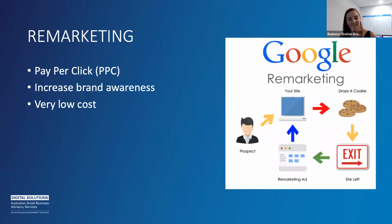Now, that's SEO, and a quick run through SEO. As I mentioned, we have a lot more information available on SEO. SEO is ranking organically when people search, but there's also SEM, which is search engine marketing, where you can set up advertising and you pay per click. So we're not going to get into pay-per-click advertising today because it is an extensive topic. And again, a topic that we cover through a lot of other mechanisms, but I'm going to just tell you